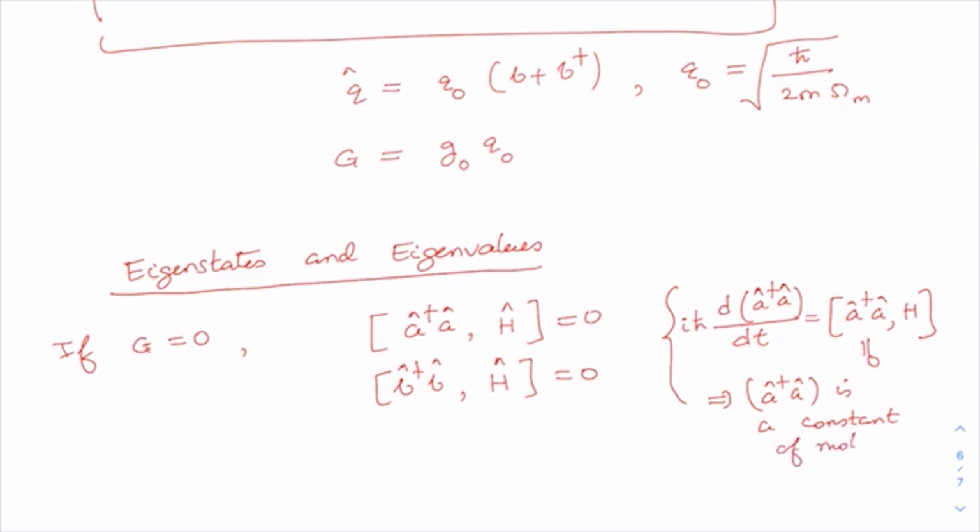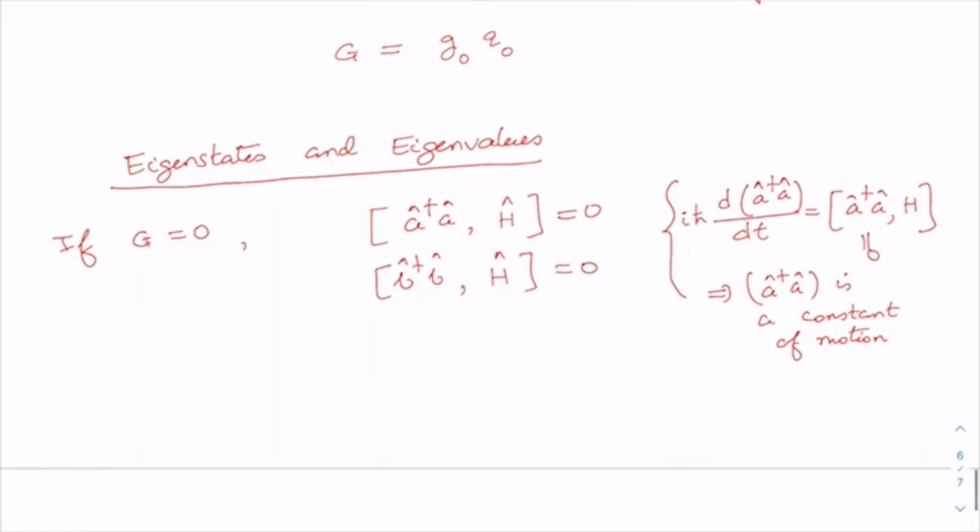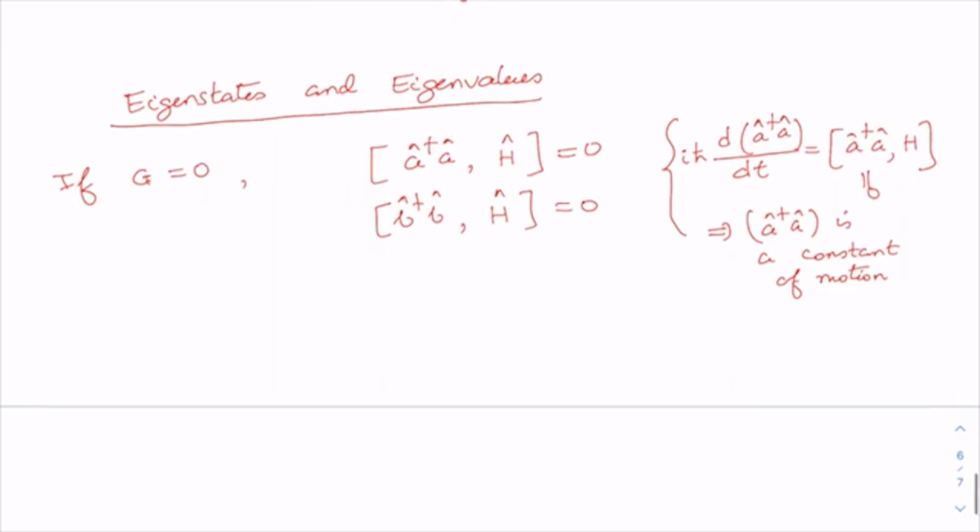A similar equation we can write for b†b. So it is easy to conclude that the eigenstates, when there is no coupling between the mechanics and the light mode, are simply a direct product